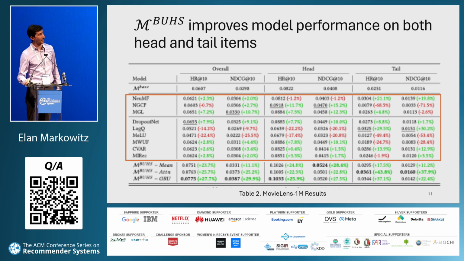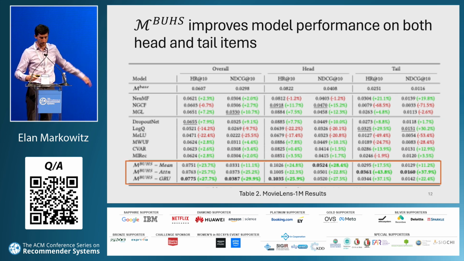Our baselines are a combination of model-agnostic learning frameworks for promoting tail items or just improving representations, as well as some architectural model changes. The results at the bottom are the biased user history synthesis results, where we have the mean, attention, and GRU variants.